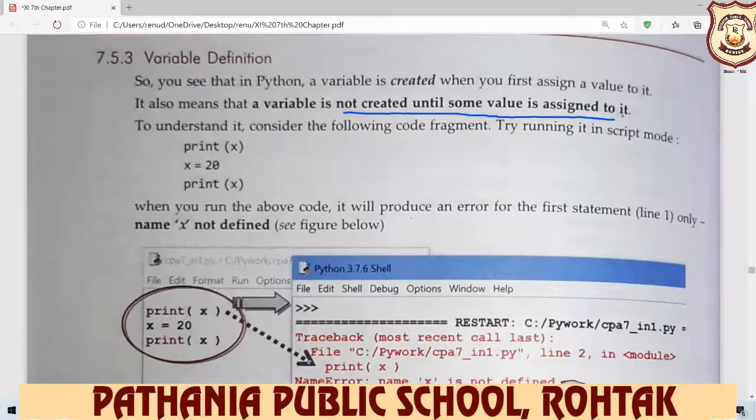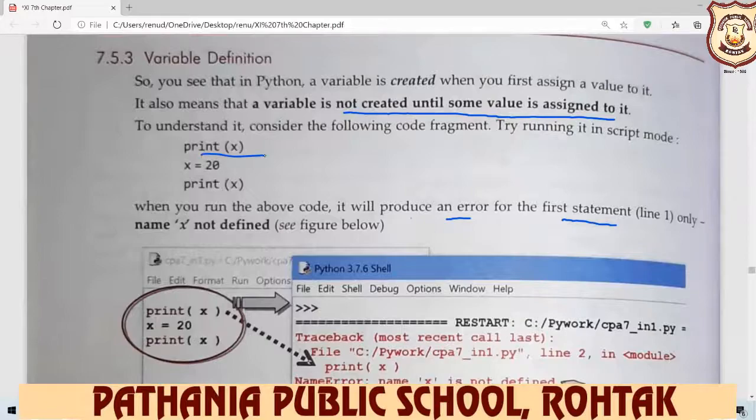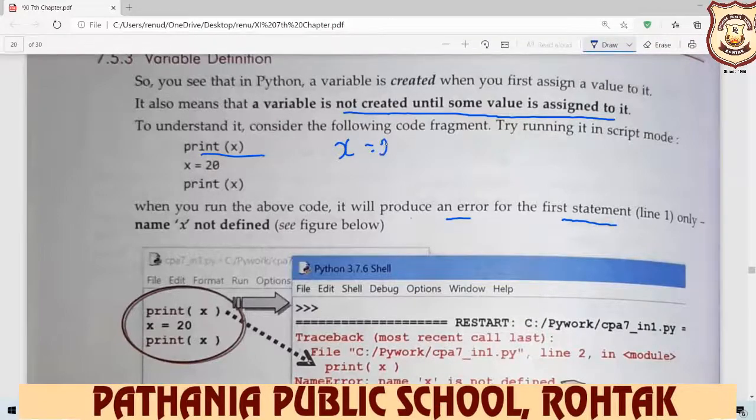When you run the above code, it will produce an error for the first statement, line 1. We write print x first, and after that we assign the value. This is the wrong method, and it displays the error. First you write x is equal to 20, then you write print x.